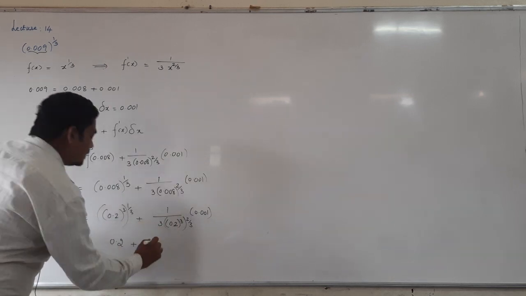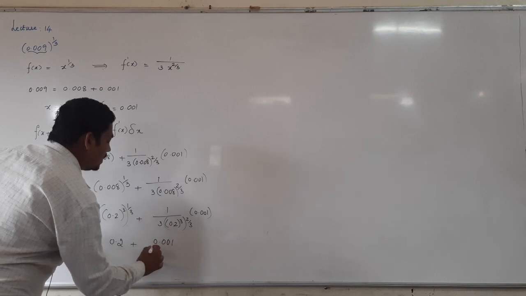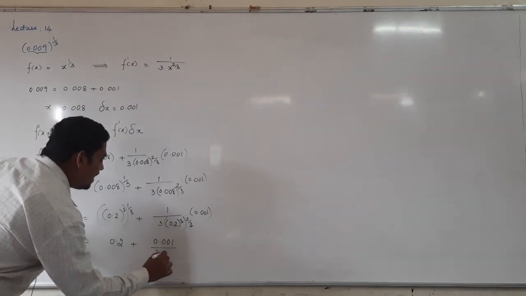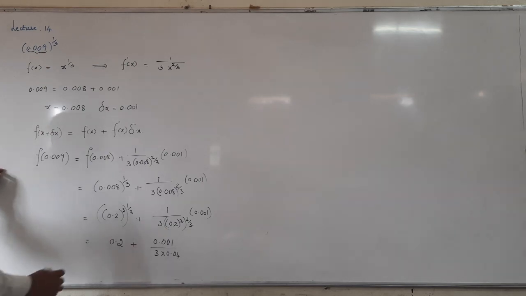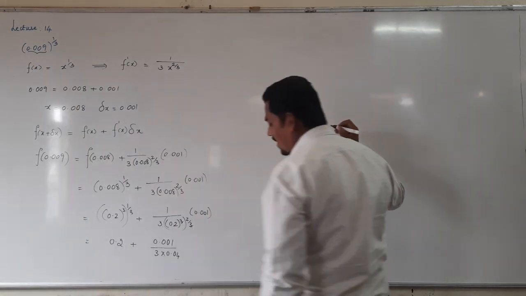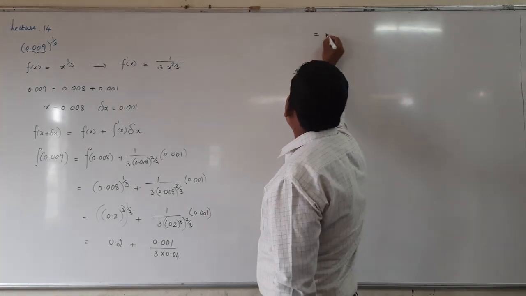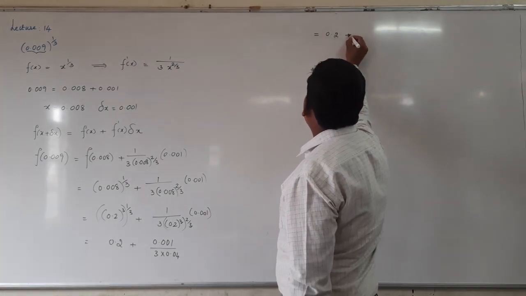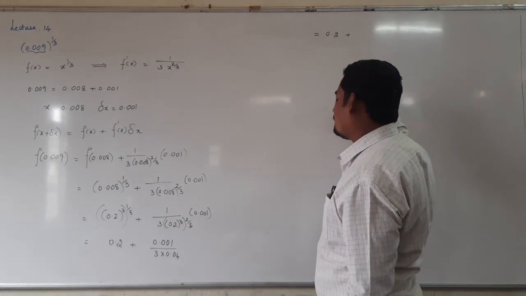plus 0.001 divided by 3 into 0.2 whole square. The 3 gets cancelled, and 0.2 whole square is 0.04, right? Now its simplified form is 0.2 plus